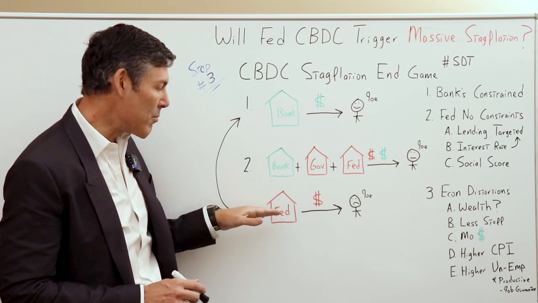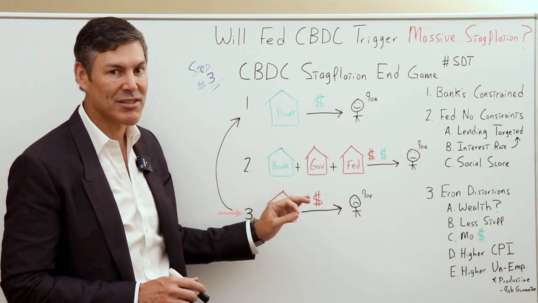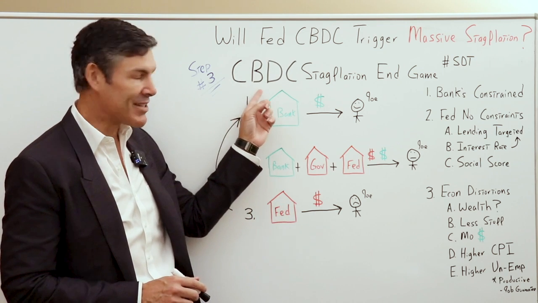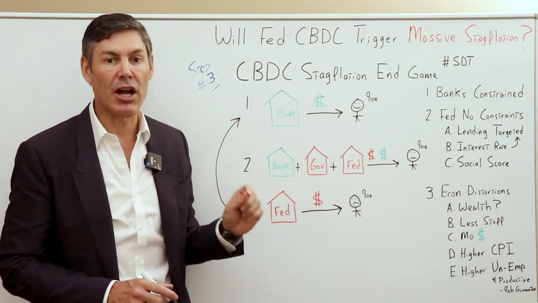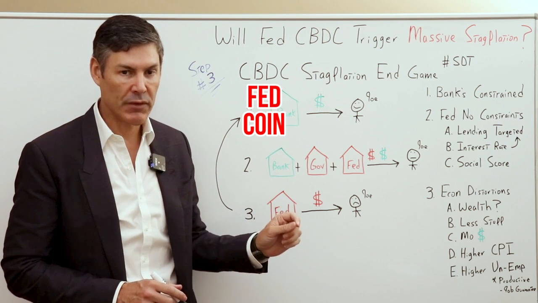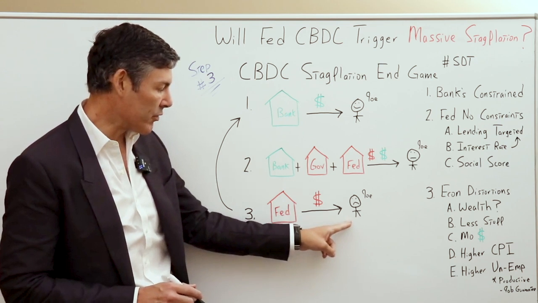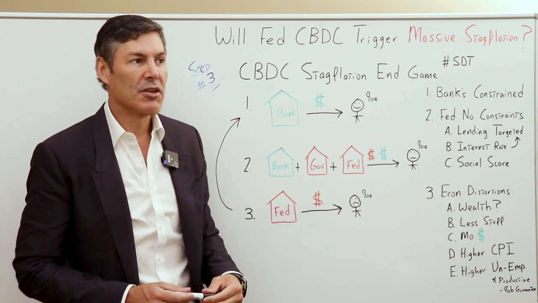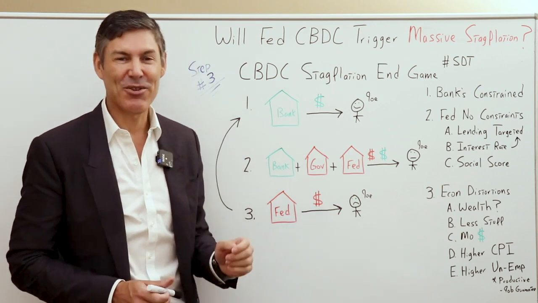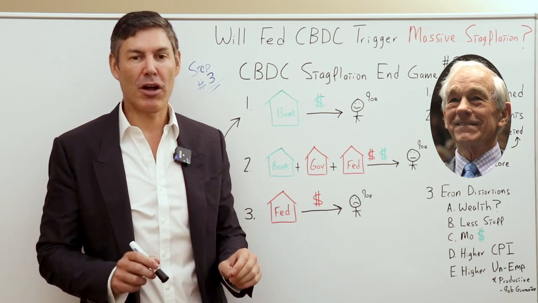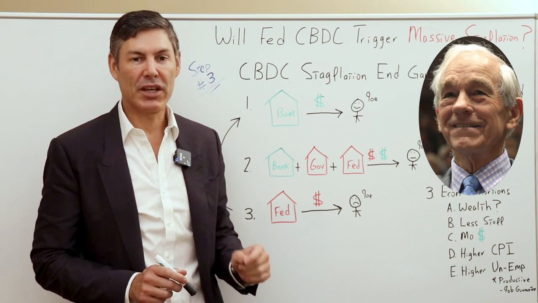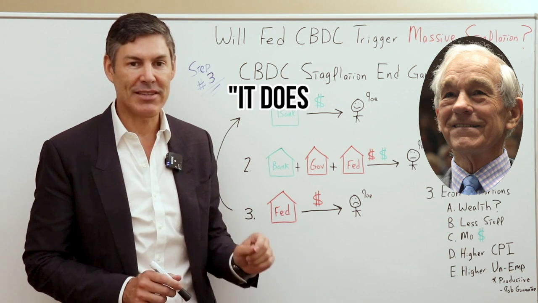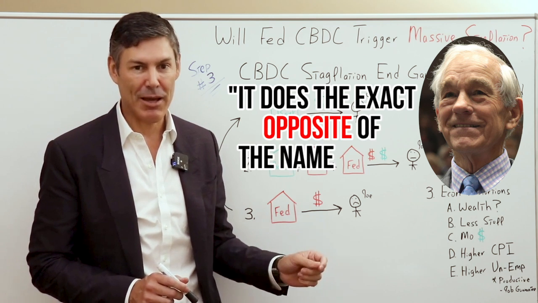But now I think we may move into a whole new system that we have never seen before with central bank digital currencies. In other words, Fed coin. So if we all have accounts with the Fed, let's say they make you download or they suggest that you download their app. And like Ron Paul has always pointed out, whenever the government gives a program or a law a name, you can guarantee it does the exact opposite of the name they give it.